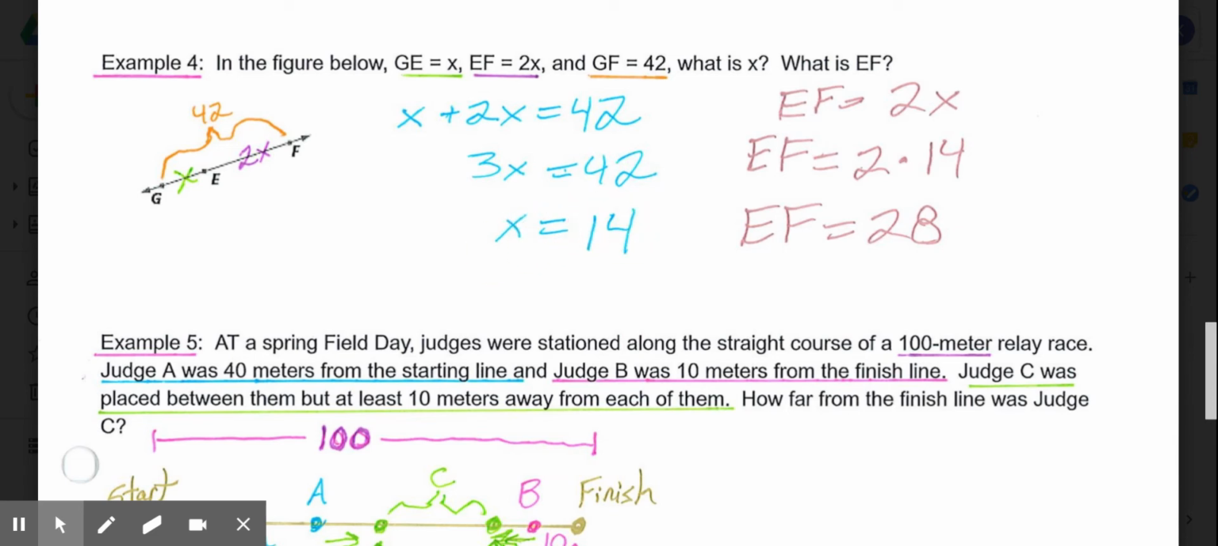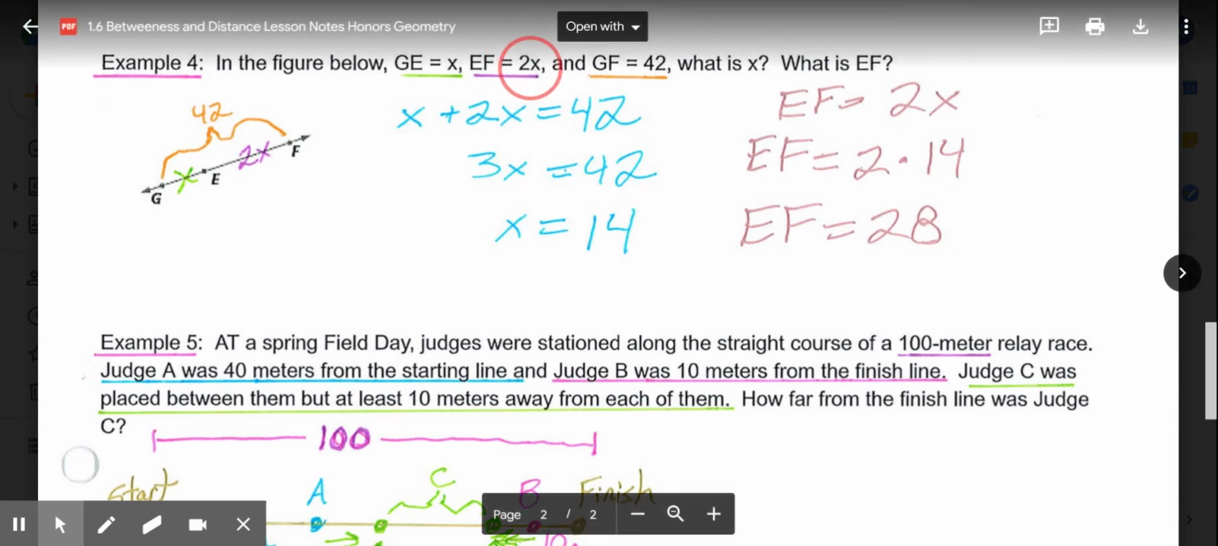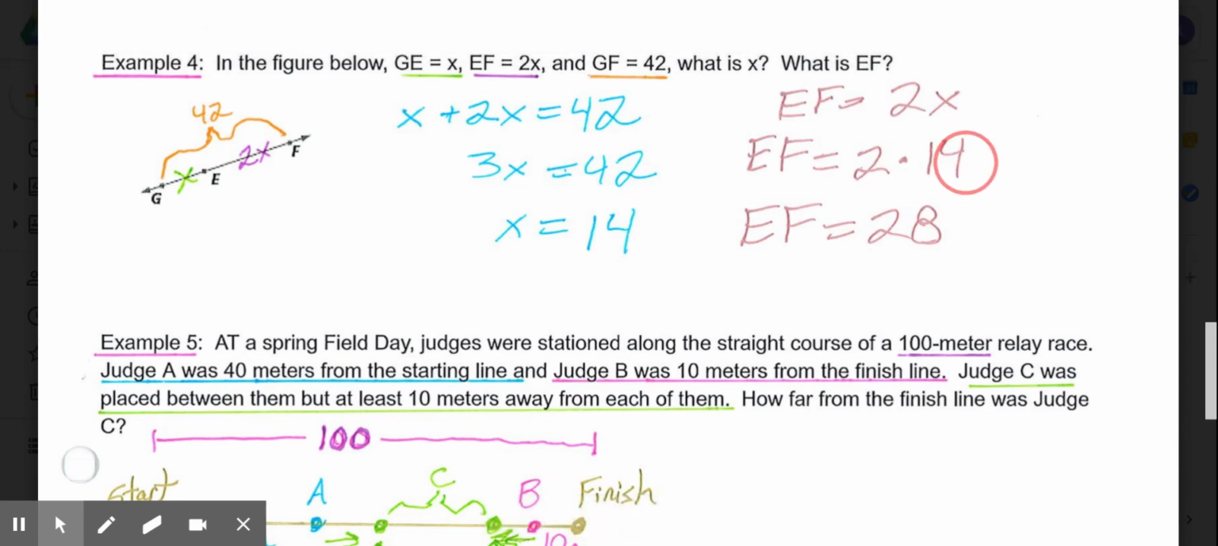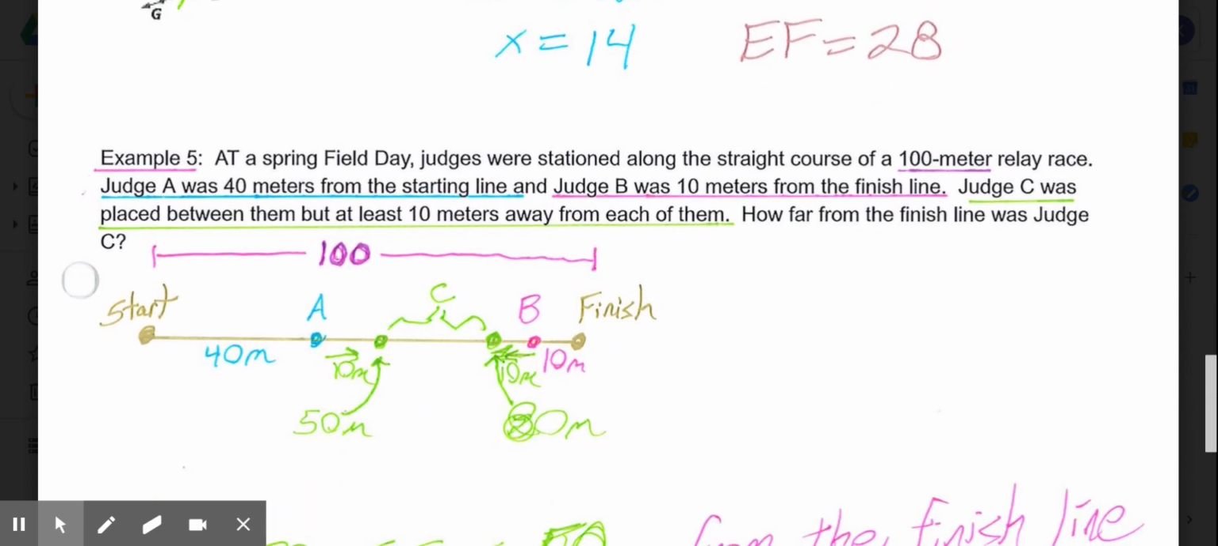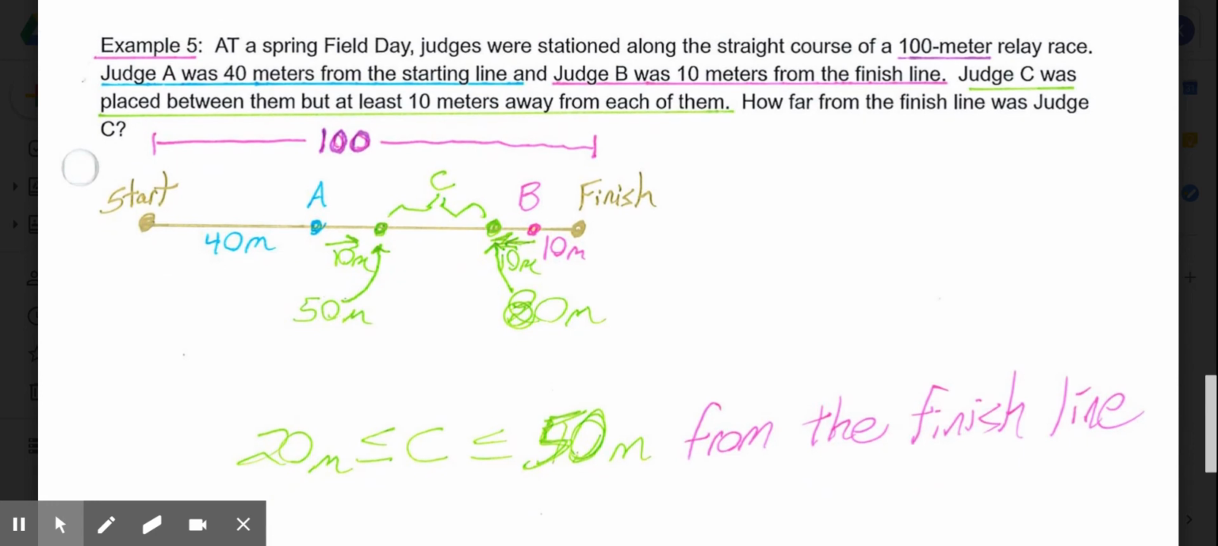Then to figure out EF, we know EF was the expression 2 times x. So substitute the 14 for x, 2 times 14, and we know the distance from E to F was 28. And then our final example,